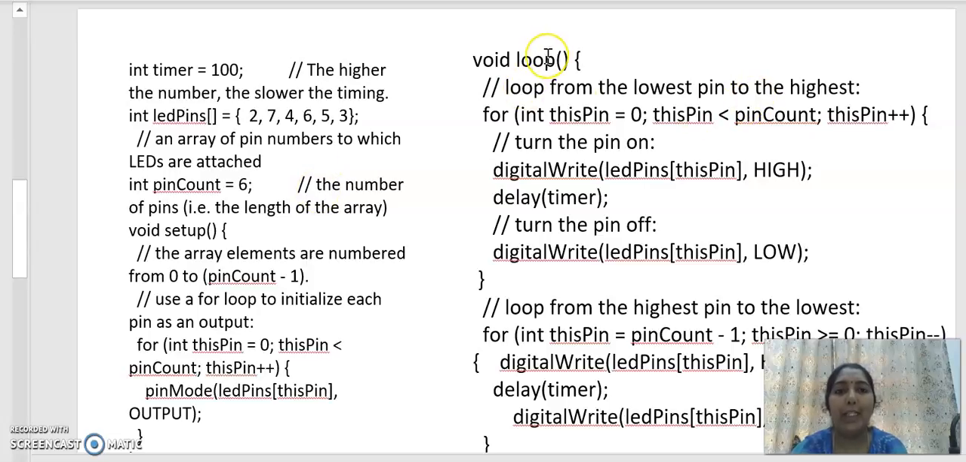Now again within this loop statement, by using this for loop we can turn on the pins in this order. That means we can turn on the LEDs which are connected at these pins just by writing digitalWrite of LED pins of this pin comma HIGH. So again this loop will work similar to this particular statement. So similarly, once all the pins are turned on and turned off in this order, now